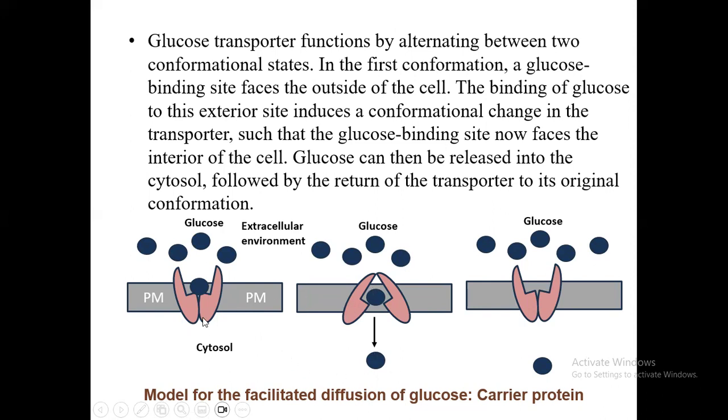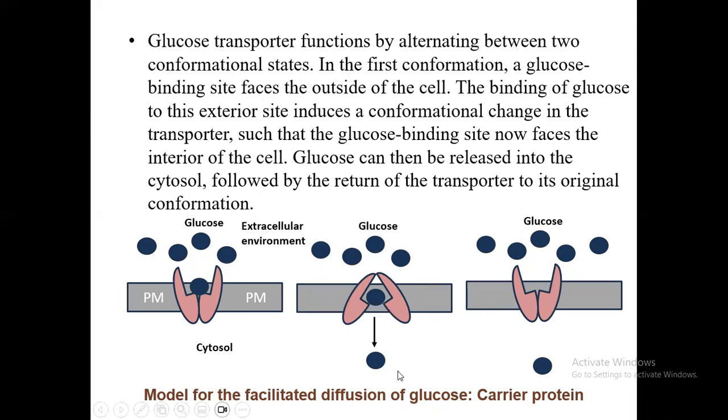In the first conformation, it allows binding of glucose, facing such that glucose binding can take place from the extracellular side of the cell membrane. As soon as glucose binds to the transporter molecule, the transporter undergoes a conformational change such that it opens towards the cytosolic phase of the plasma membrane,